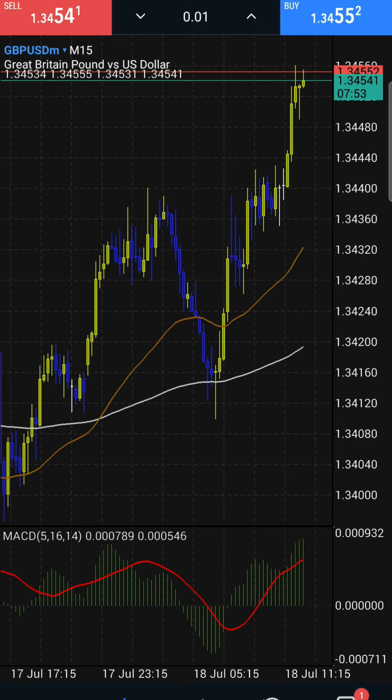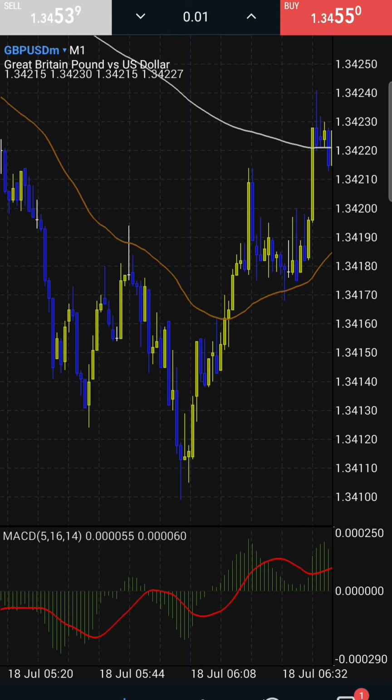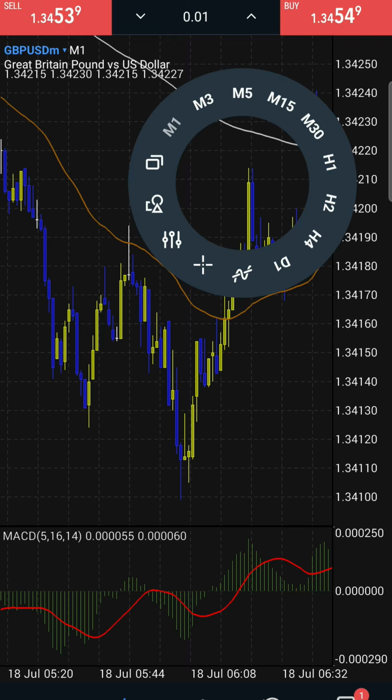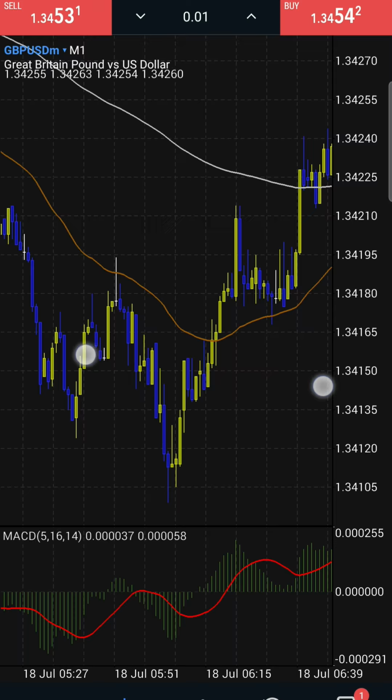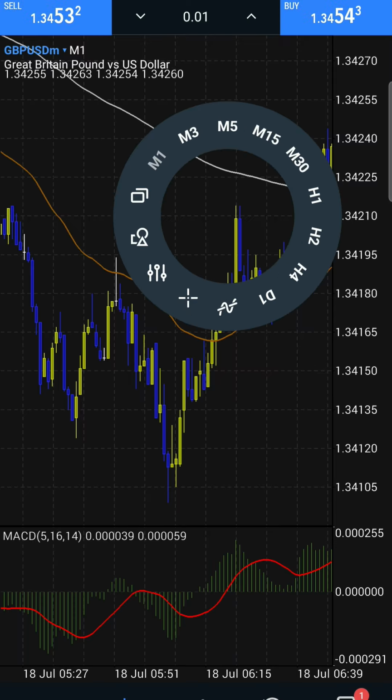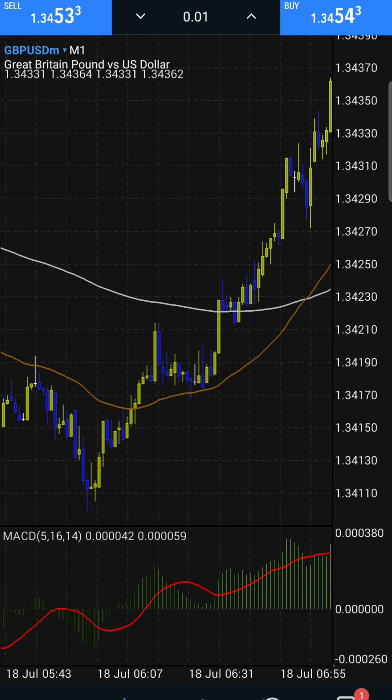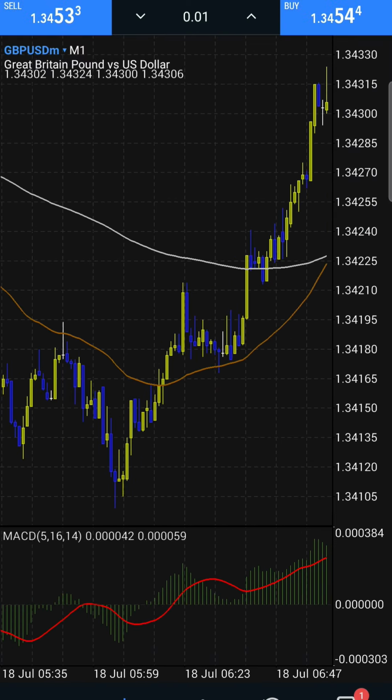And then after sweeping liquidity here, price went up and created a higher high. All right, now we can see that price has been dropping down, lower high, lower high, lower high, lower lows, and so on and so forth. And then it came to this point before it created a higher high, which is higher than the previous high here. And then it now retraced to a 1 minute